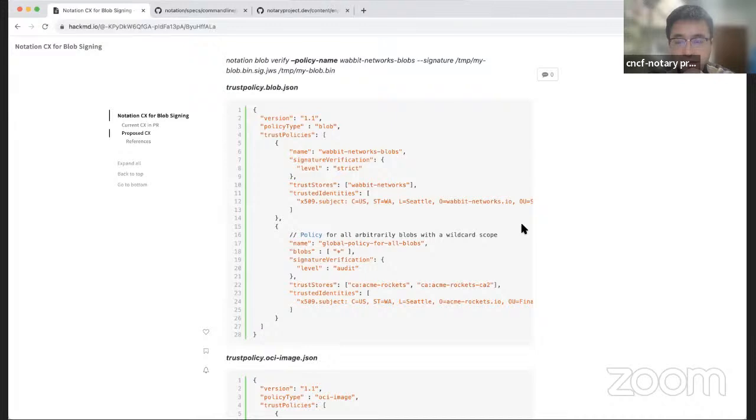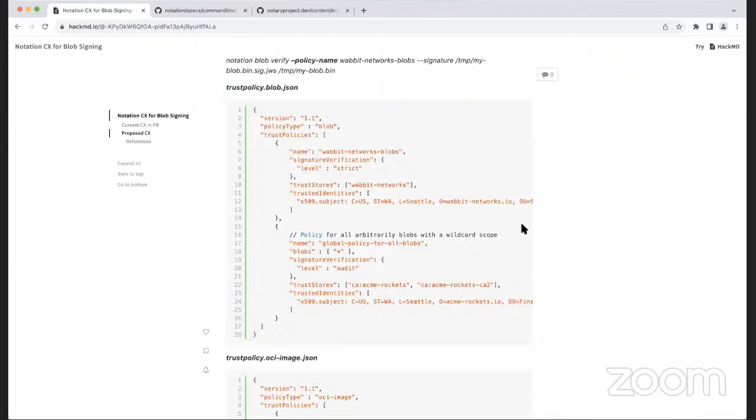Another thing is, in the future, we may need to introduce other trust policy commands, right? How can we do that? I think it's better that we can consider this improvement together because it's related. Sorry, I'll let you finish.